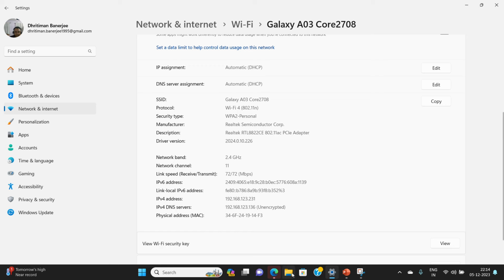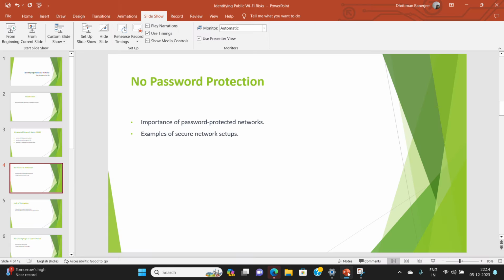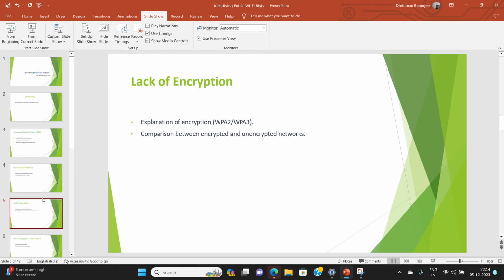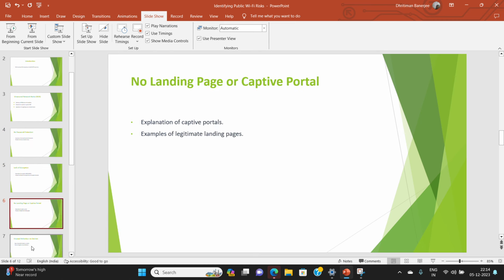And also sometimes captive portals. We have discussed the lack of encryption, so now captive portals.